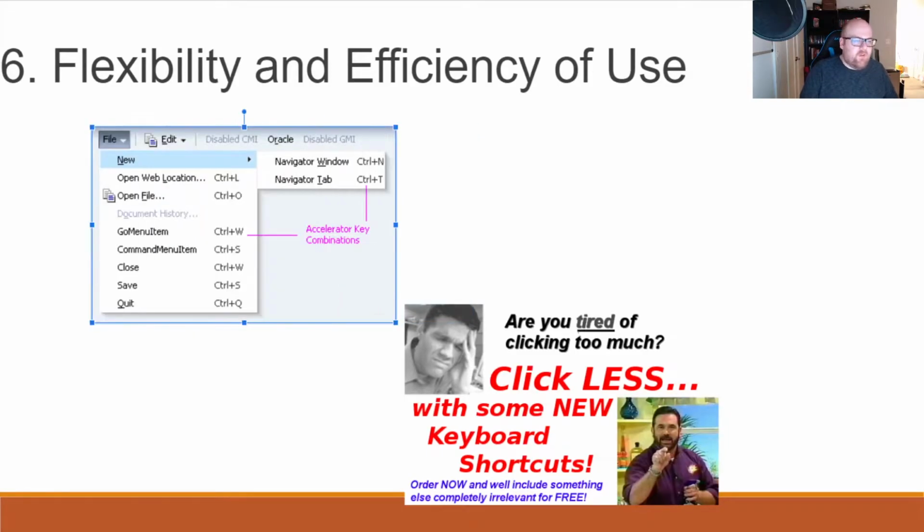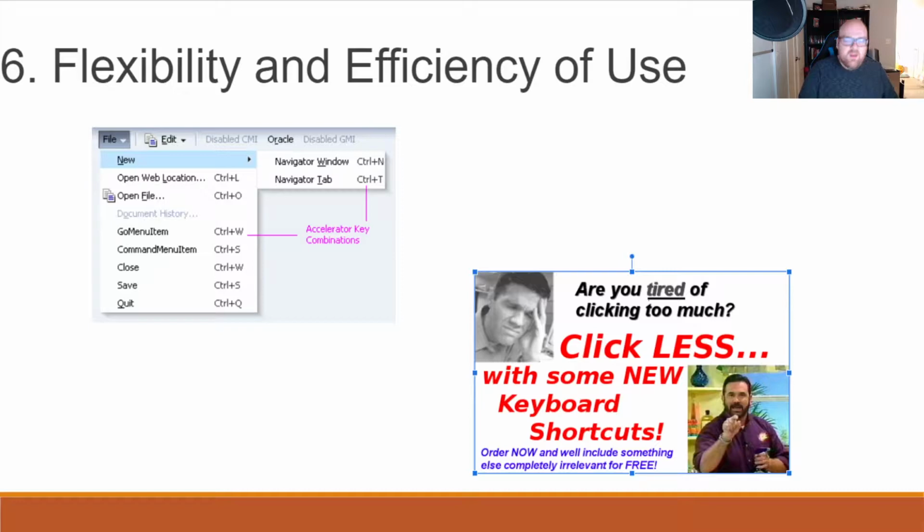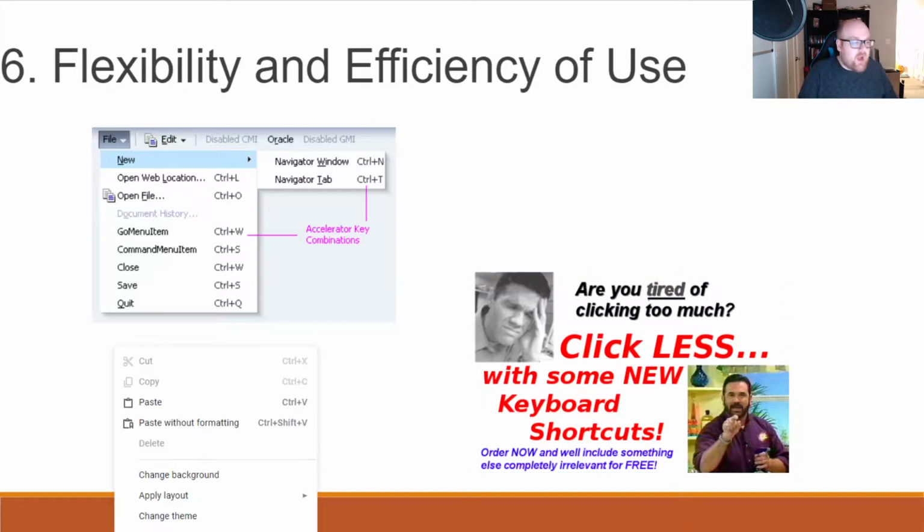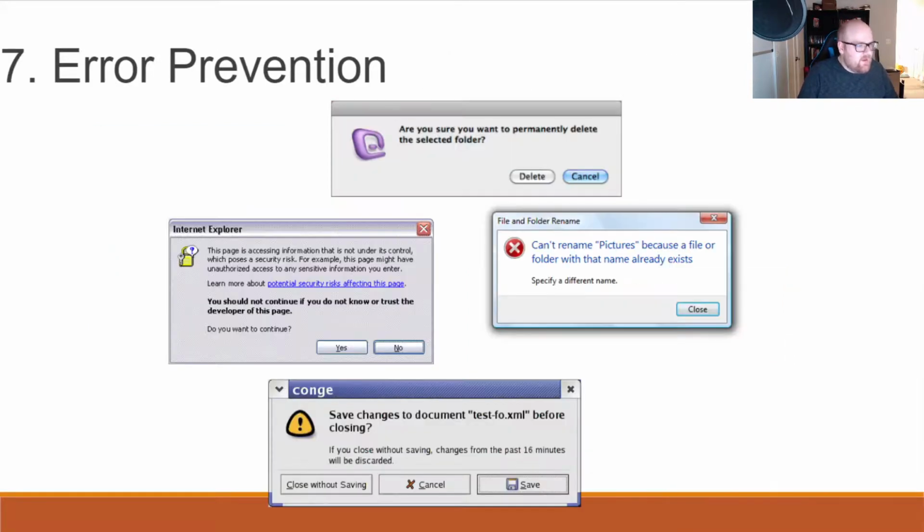Flexibility and efficiency of use. This gets also back to the Control Z. I can use keyboard shortcuts, or I can use left click, right click. Error prevention. If I'm about to do something that I cannot undo,